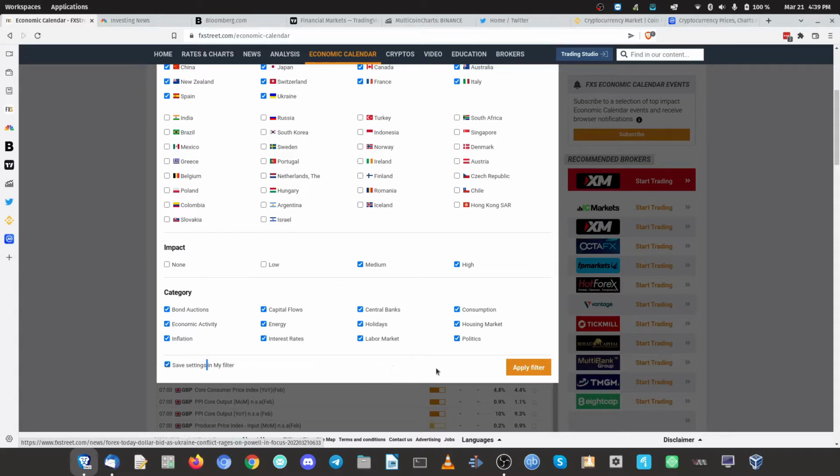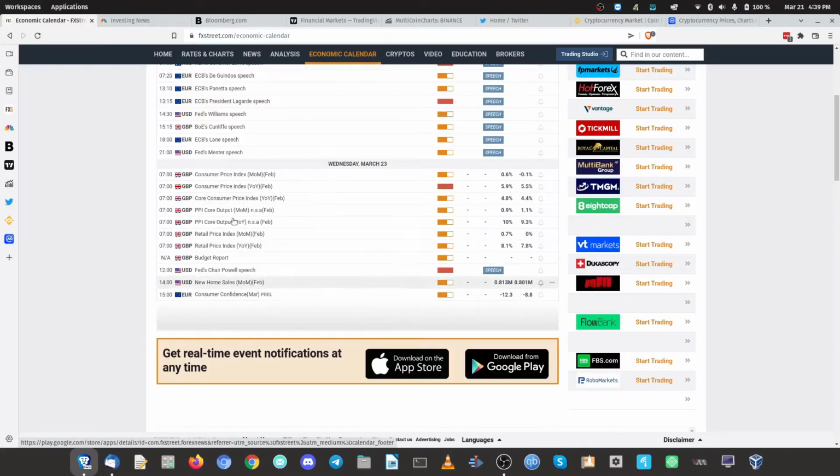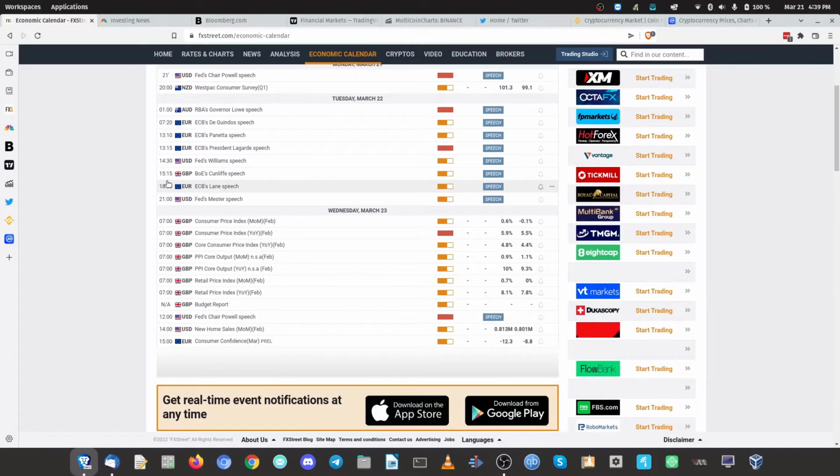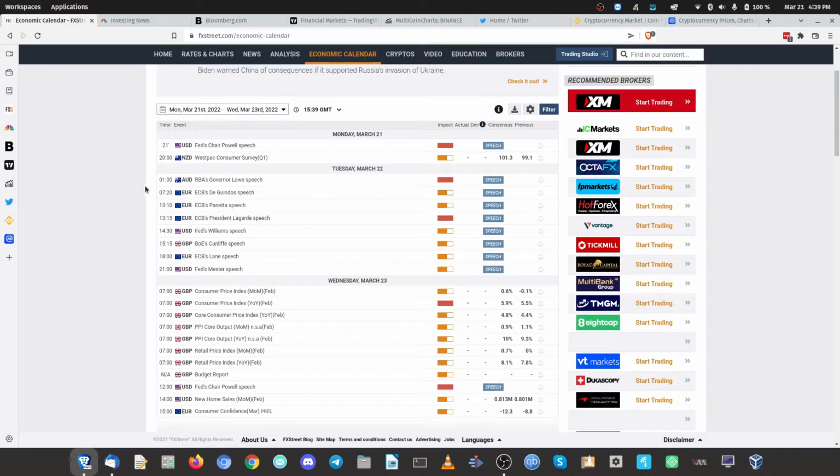So this is very handy to keep you focused on key news events, and these news events will often impact currency trading pairs, especially if you have a dollar in your currency trading, but also other currencies, because everything is interlinked. So when there's a Fed chair speech, for example, probably a good idea not to trade pre and post